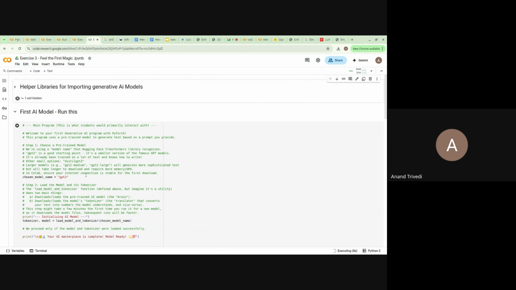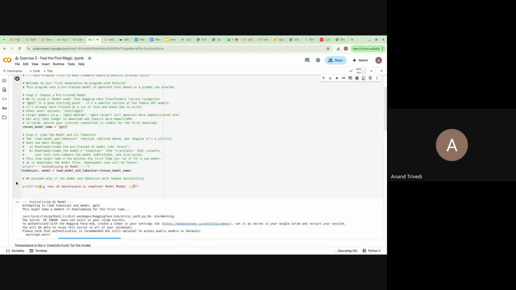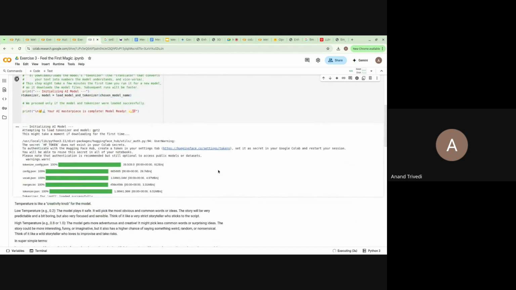It will take some amount of time. Everything that you require to run is already present on Colab, and hence Colab is so good. Most of the time, you will find the standard libraries in Colab. You don't have to add a lot of extra installations. Okay, this is done. This is my model name, and I will initialize my model. I'm loading my model.